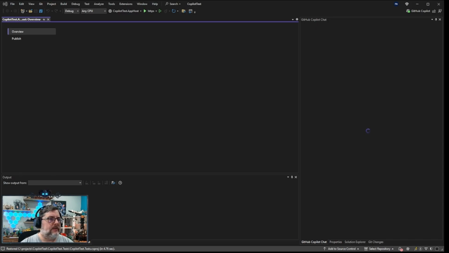So it's been a while since I played around with it, and I was in a meeting last week and the guy that was running the meeting demonstrated using Copilot to do a few things, and I thought, okay, maybe it's time I give it another fair shot here. So I've got an application here. This is the .NET Aspire base template in Visual Studio, and I do have Copilot up here,